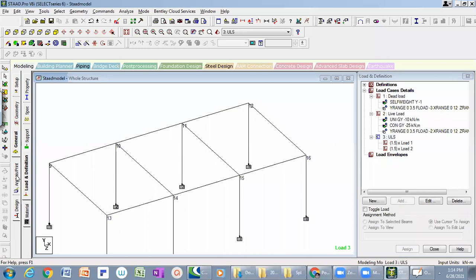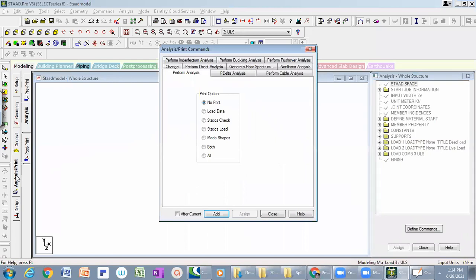So before going into the analysis part, I have a print option over here, that is analysis print option. Over here, if you want any outputs,